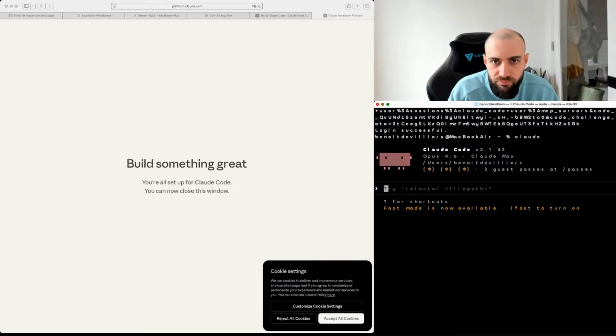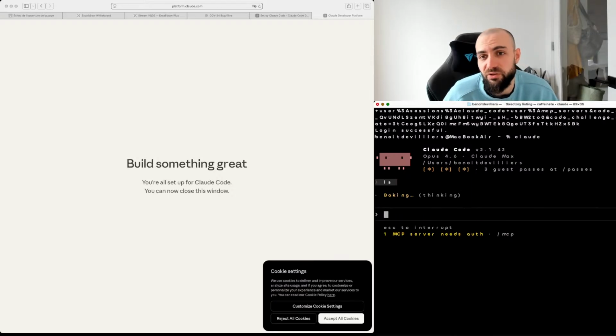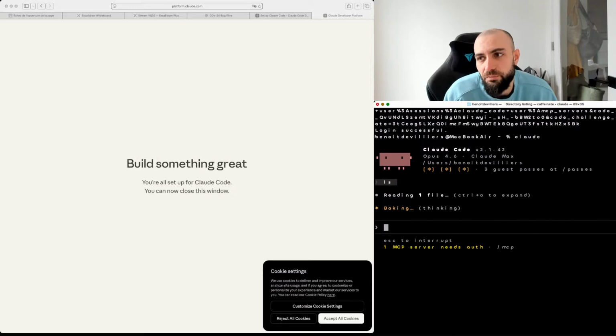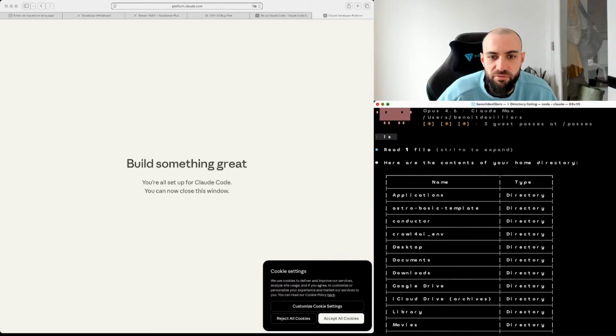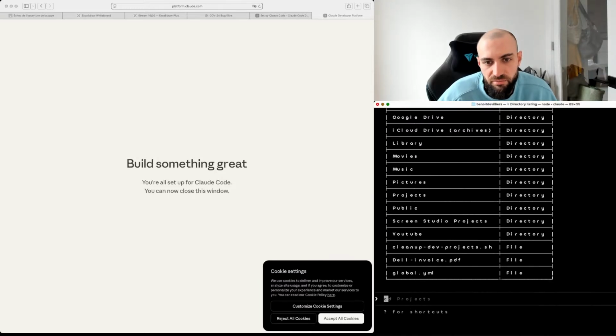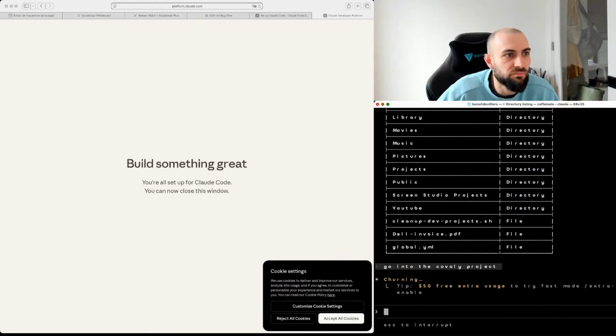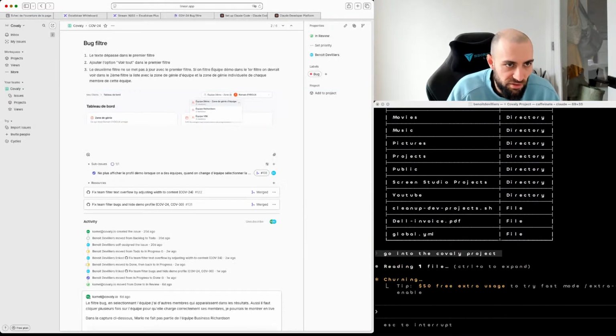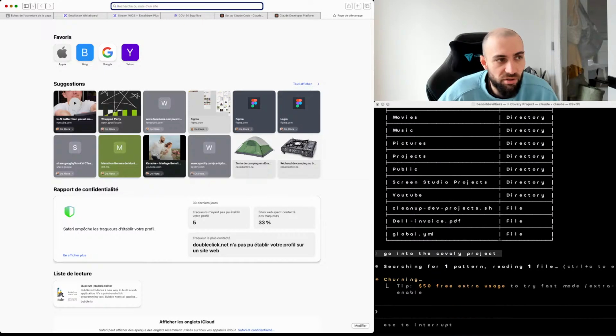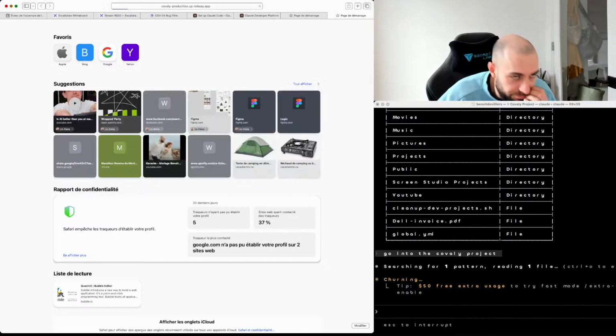So I just wanna do this. So what's interesting is Claude is basically an agent that comes to your terminal, and if I do ls, it's going to show me the command the same. Go into the Covali project, and basically Covali is this app I'm working on, and we have a bug on prod that I'm going to show here,